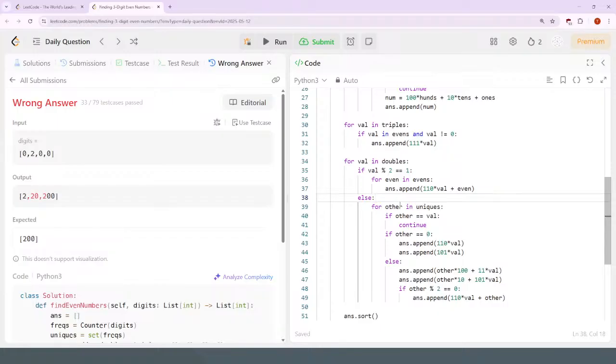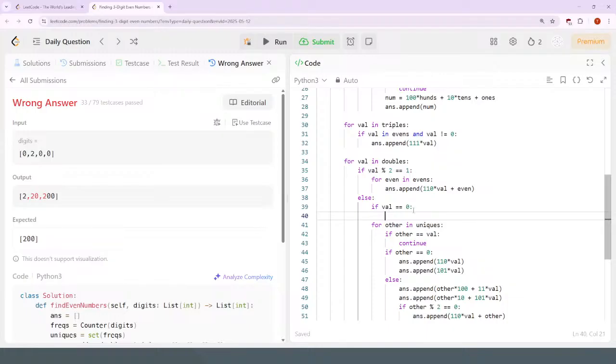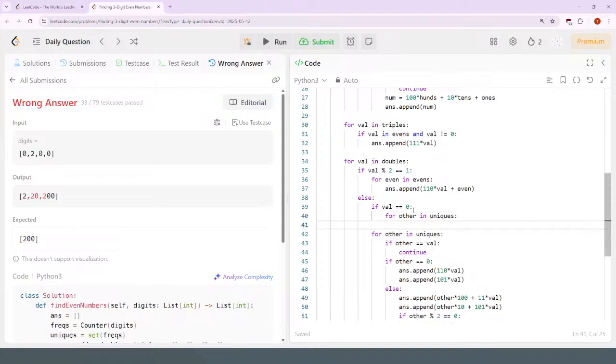Okay, if the value is equal to 0, then for every other in uniques, if other is not 0,